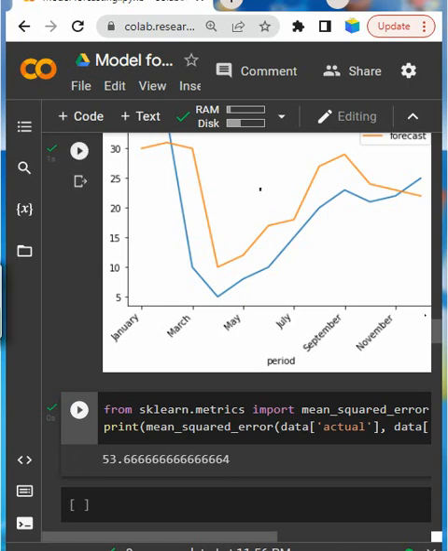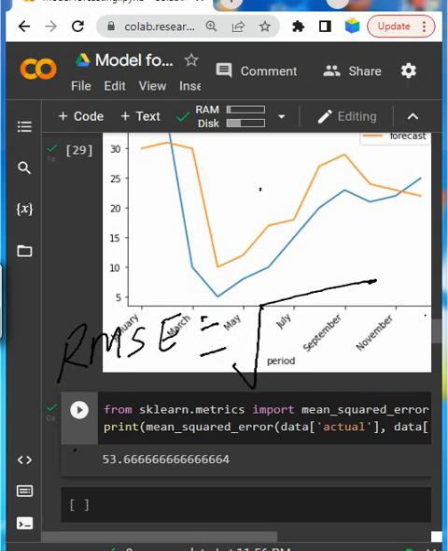Let me write this formula here: RMSE will equal the square root of MSE, right? Now I can erase here.